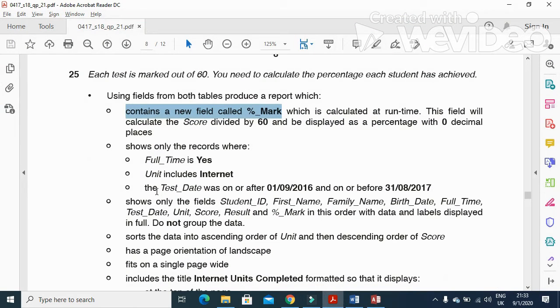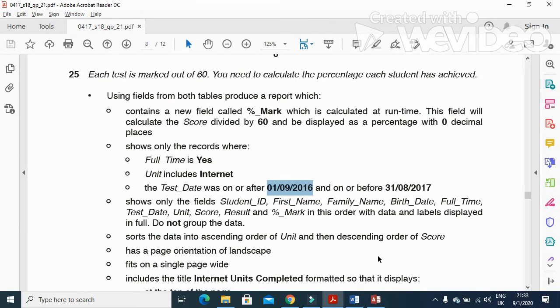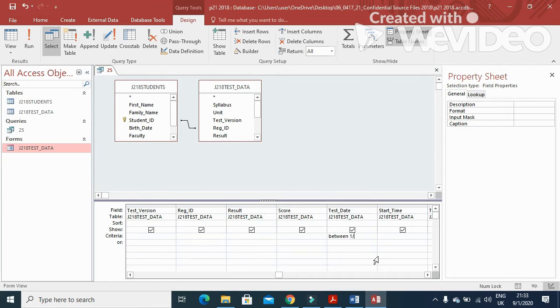And then after they said the test date was on or after 1/9/2016 and on or before this date. So what we need to do is we need to use the option the test date. So here is the test date, between, and then I'm going to use 1/9/2016